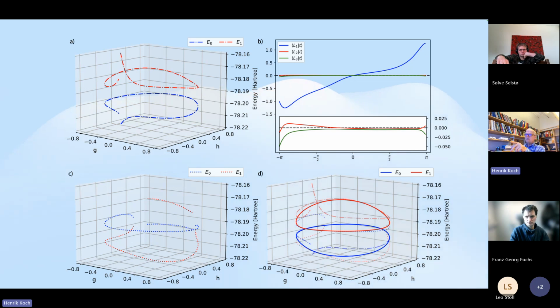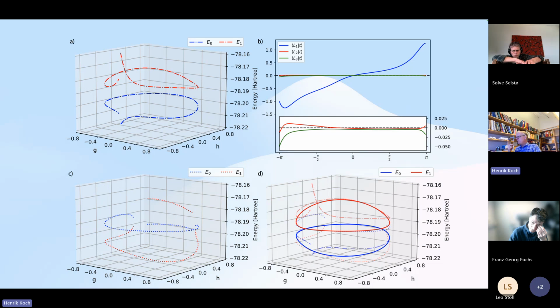In the below, in C, we have the reverse situation where we have negative excitation energies. Again, that one also fails when we try to traverse around the circle. It just has problems on the other side of the equation. And then, so this was CCSD we had on the left here. Then we have in D, we have GCC, and you see that the full